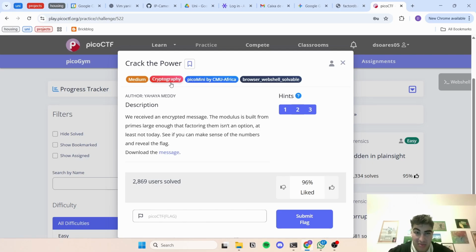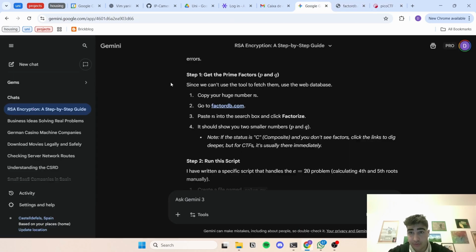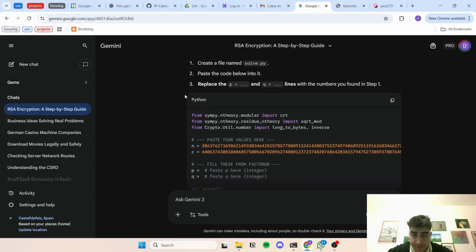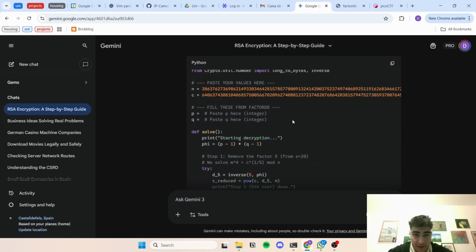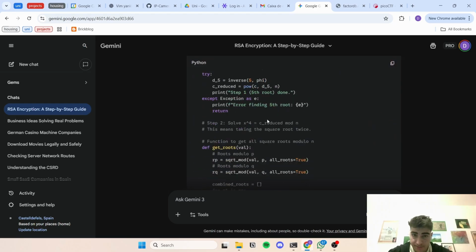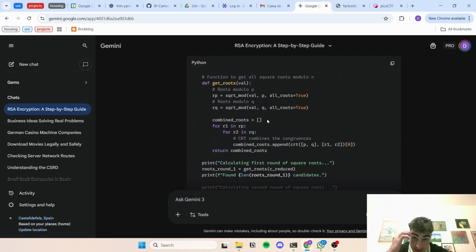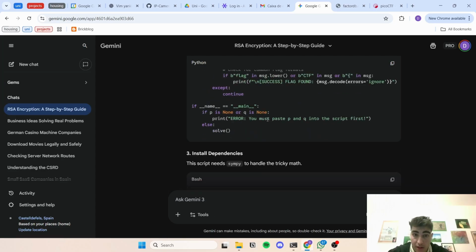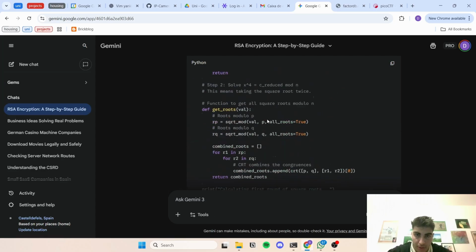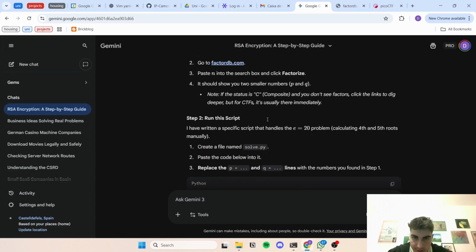The modulus is built from primes large enough that factoring them isn't an option. I need to make sense of these numbers. I'm given a script which manually finds the factors P and Q. Is that viable? Since it's for the 20, I think it is viable, because that's a smaller number. But